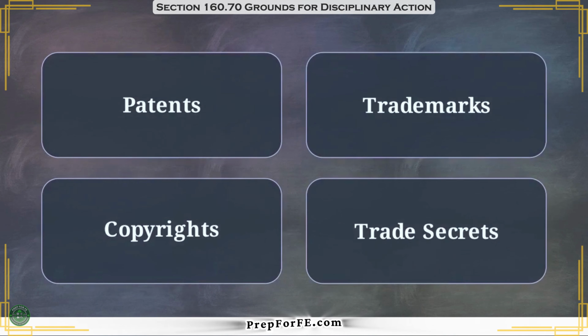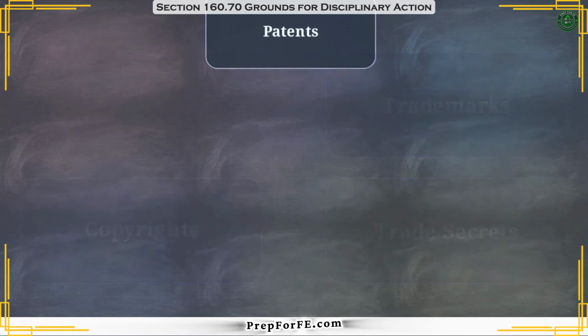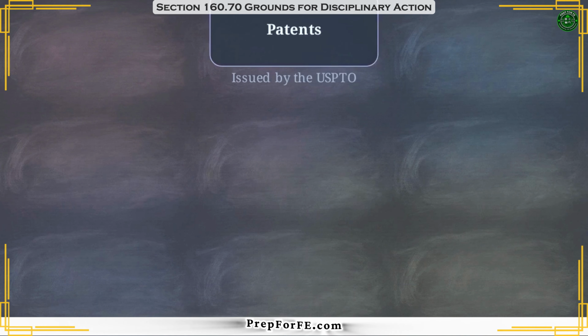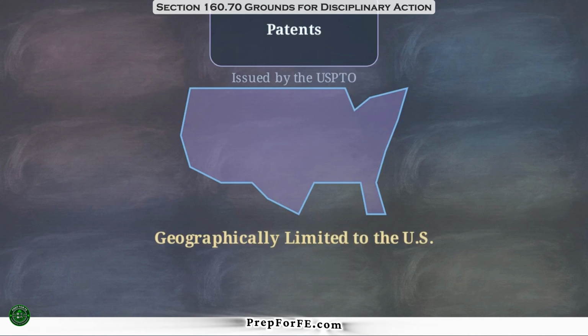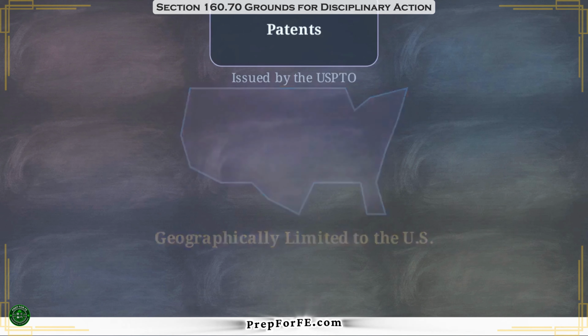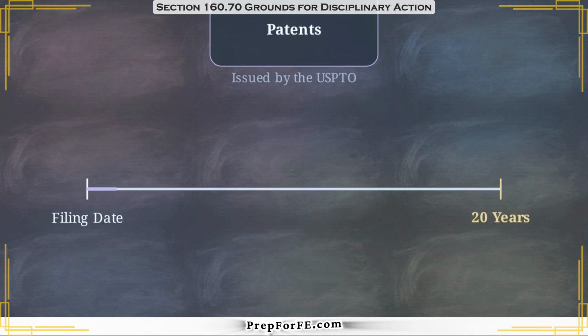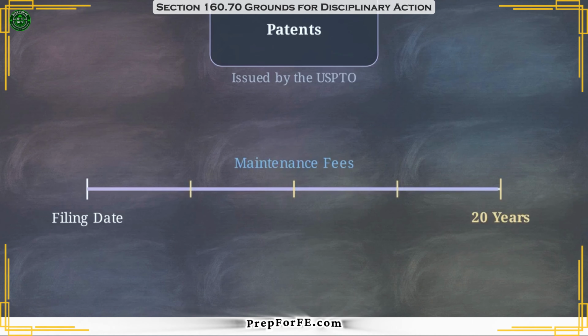This matrix shows the four specific protection categories used to secure intellectual property: patents, trademarks, copyrights, and trade secrets. Patents provide a formal property right for an invention, issued by the United States Patent and Trademark Office. These rights are geographically limited. U.S. patent grants are effective only within the United States, its territories, and its possessions. They are also bound by a 20-year term starting from the date the application was filed, provided the owner pays